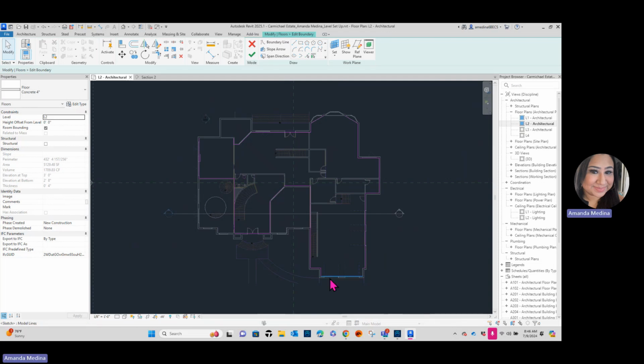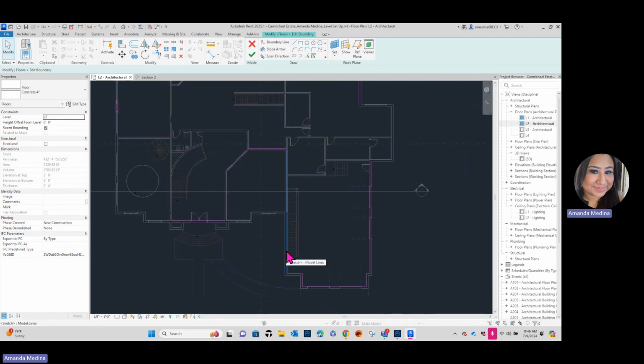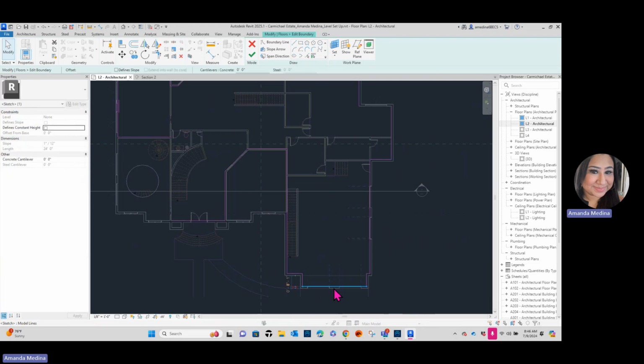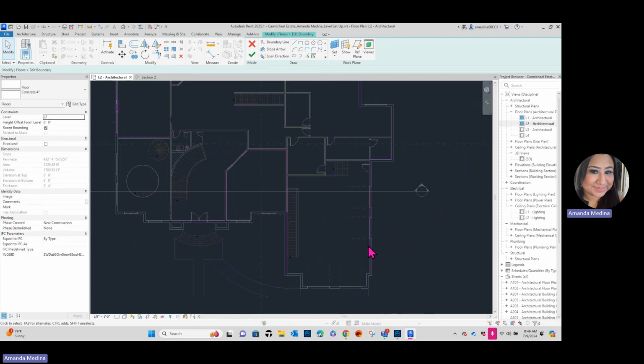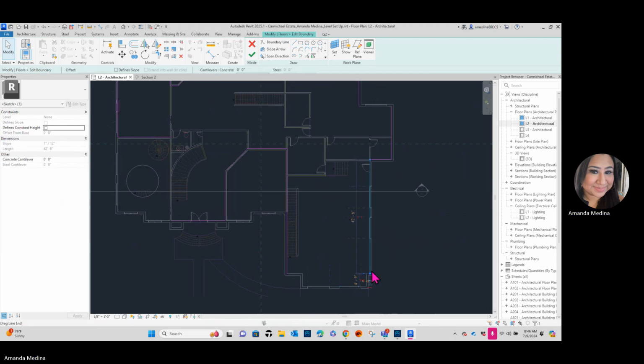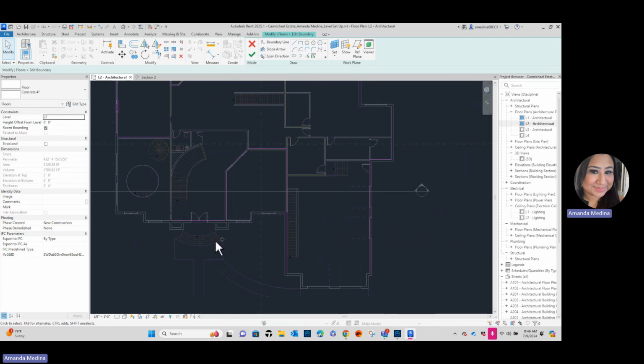What we want to do is go ahead and delete the boundary around the garage. There should not be a floor 3 feet off level 1 in the garage. It simply blocks your way from going up the stairs and you wouldn't be able to drive in from the street. So to do that, I'm going to highlight the majority of my lower lines in the garage and delete them. So all I did, just so you see, let me undo,